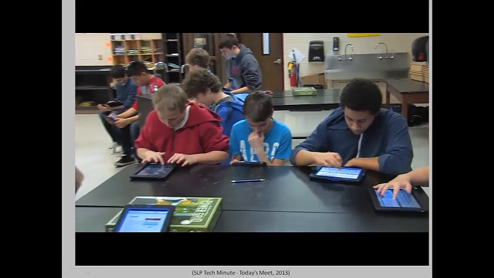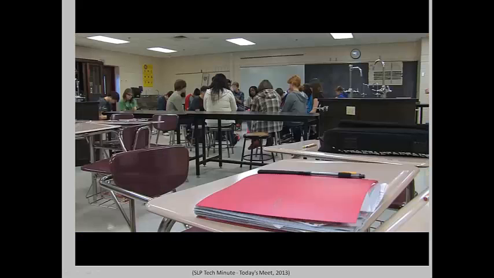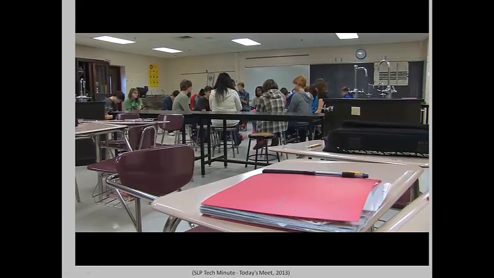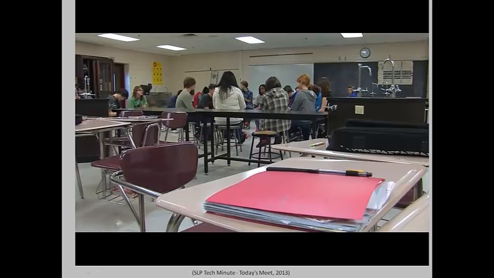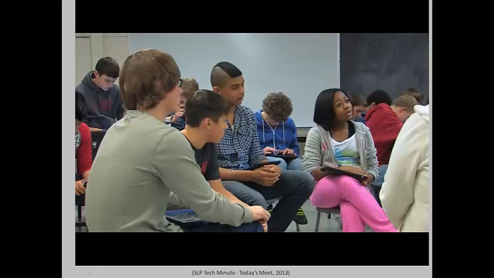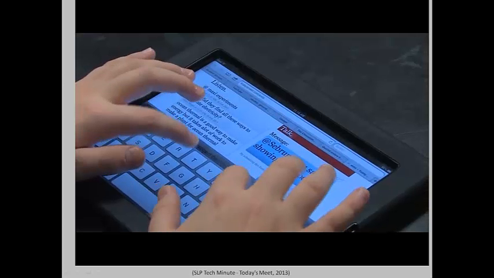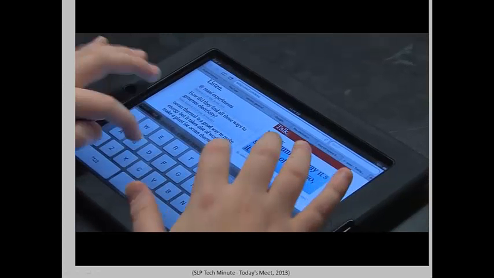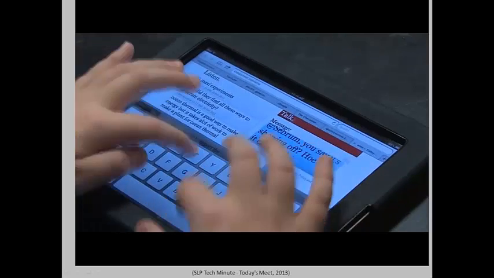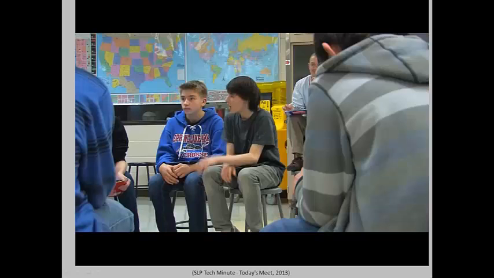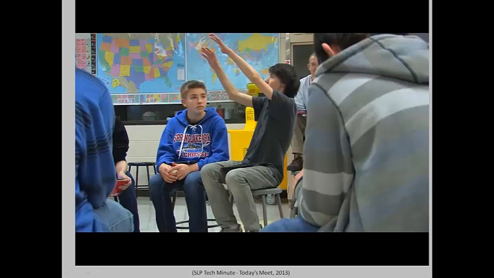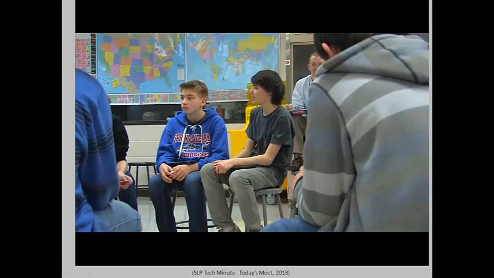In a traditional Socratic seminar, the outside students may be taking notes or writing down thoughts that they'd have. Being able to have the technology, they could actually have a full conversation and interact with other students without disturbing the inside ring and letting them have their own conversation. We basically had twice as much conversation and twice as much learning going on as opposed to having half the class just watching and observing.